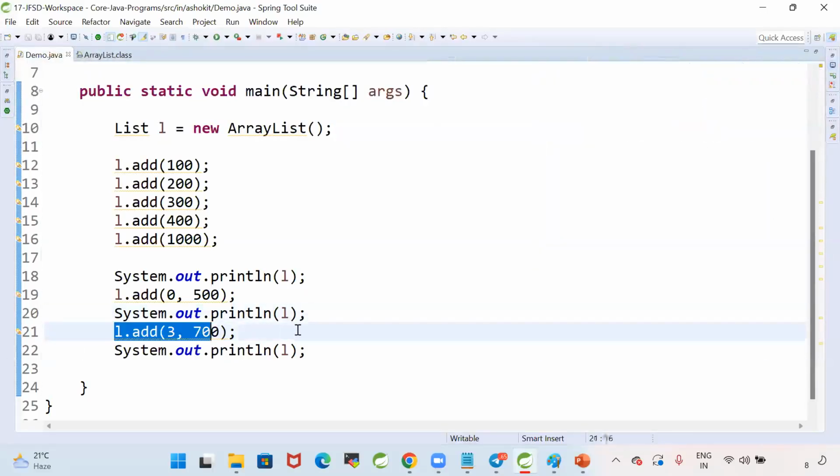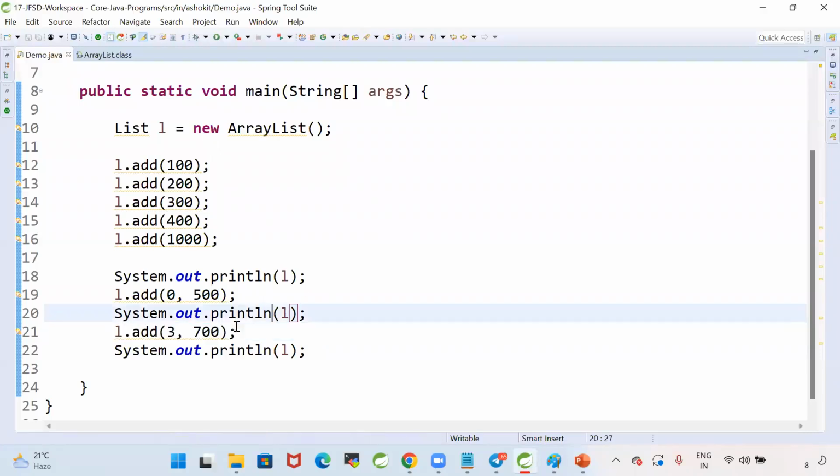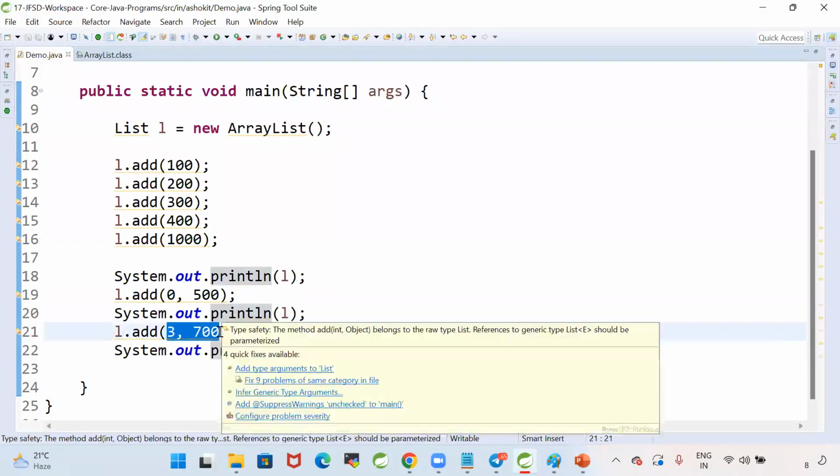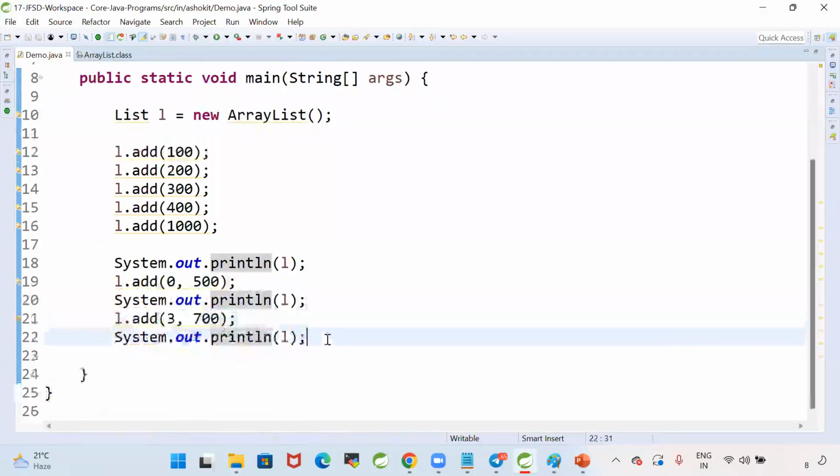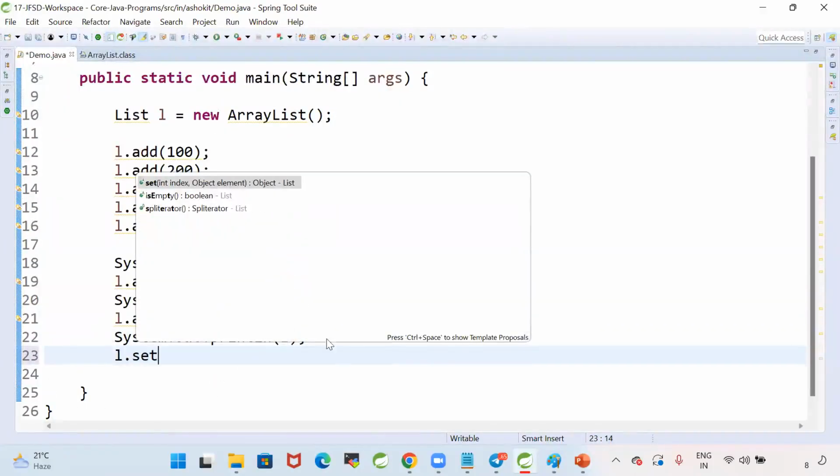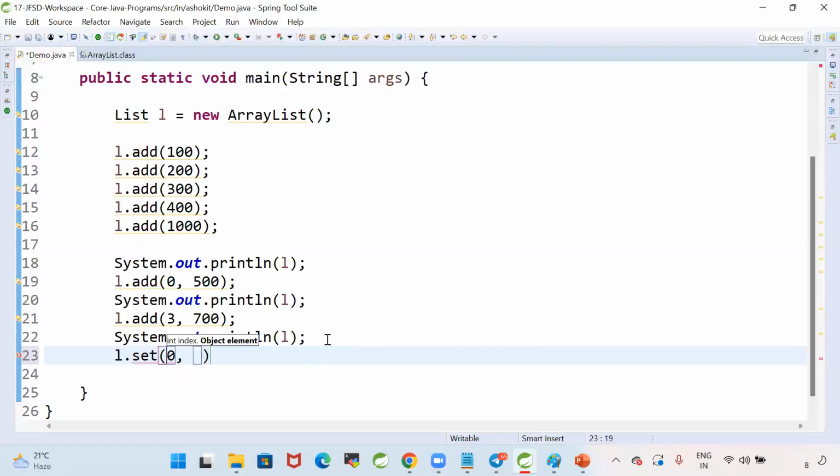So what is the purpose of add method? To add the object at the end of the collection. If I pass index comma object, in the given index it will insert, and the remaining objects shifting will happen. Suppose if I go for L dot set of 0 comma 50,